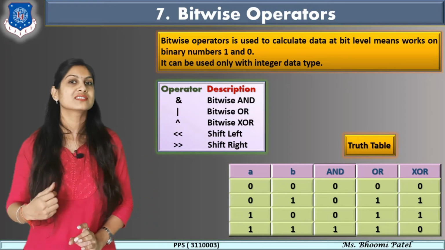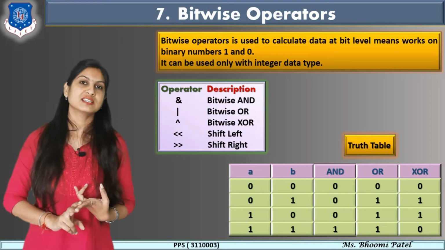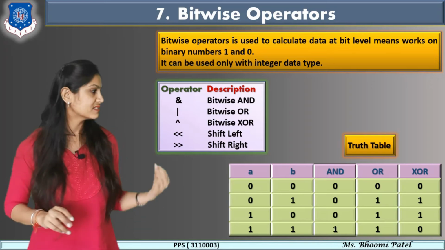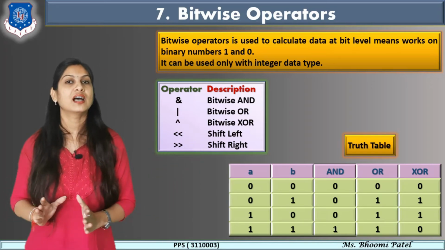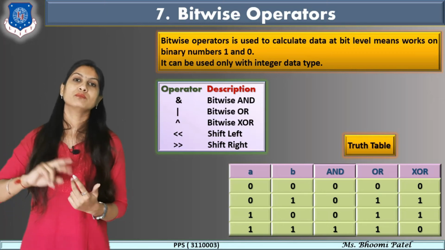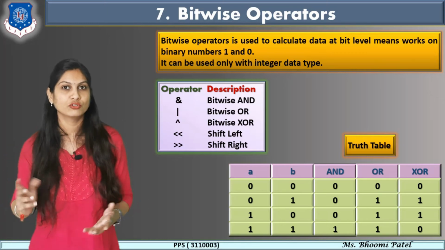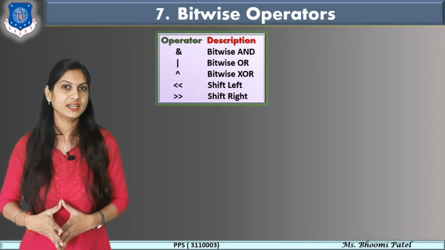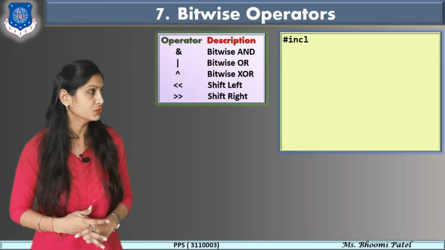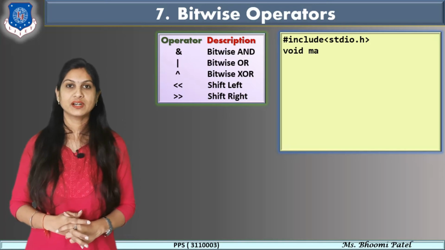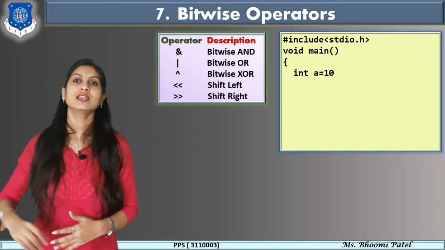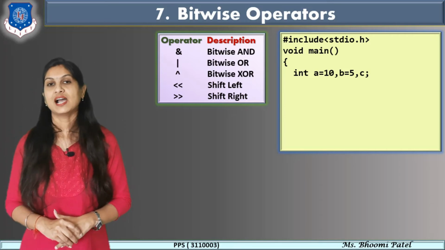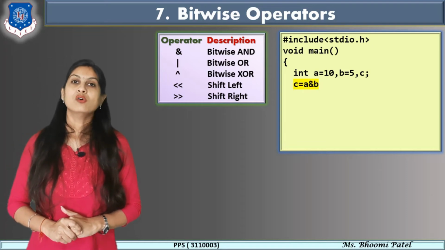So what is the meaning of exclusive OR? If both the conditions are 0 or both the conditions are true, then the answer is false, meaning 0 0 and 1 1, then the output is false, 0. But if both the digits are different, 0 1 or 1 0, then it goes to true. That you have to remember. Now let's see in detail with a program how it can be used. First we have to declare the libraries, then void main. Inside void main, I am putting two values, a equals 10 and b equals 5, and the answer is stored in c.